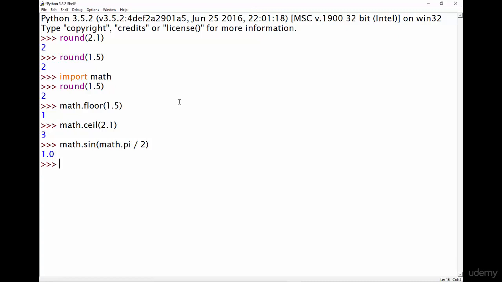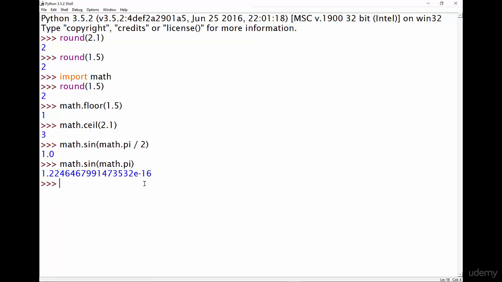Likewise, if we type math.sin of pi, which is just math.pi, then we're going to get 0, or almost 0. As you can see, we get 1 times 10 to the minus 16, which is a very, very small number, but it isn't exactly 0. The reason it's not exactly 0 is because when we entered math.pi up here, that is only an approximation to